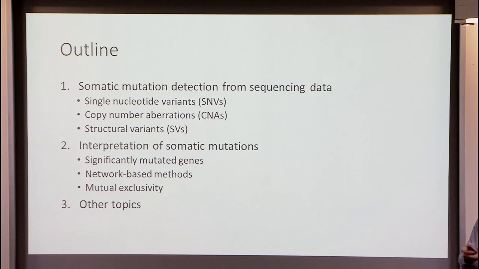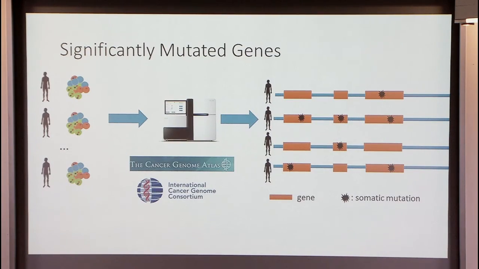All right, so that was it for detection, and we wanted to move on now to the interpretation part. So now we've detected all our somatic mutations. Could we make a prediction about which ones might be drivers and which ones might be passengers? So here's the setup. We have our mutations. We've mapped them. Here they are. So which ones are the cancer-causing ones?